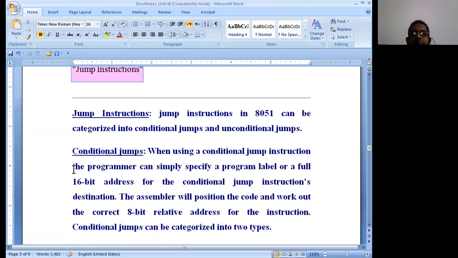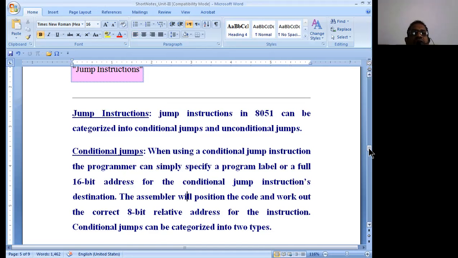Due to various arithmetic and other operations, flag registers get affected. Based on the contents of the flag register, control jumps to the location identified by the jump instruction. So jump instructions in the 8051 can be categorized into two types: conditional and unconditional.